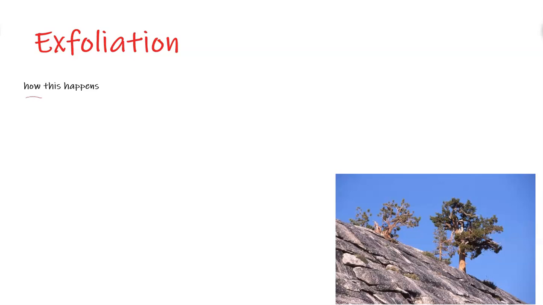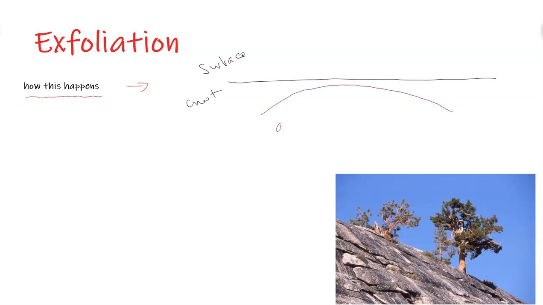So how does exfoliation happen? Well, you have a piece of rock. Let's say here's the surface of the Earth. Here's the crust. So you have crust and lithosphere. And let's just use this purple, and here is my rock. Let's say it is a granite